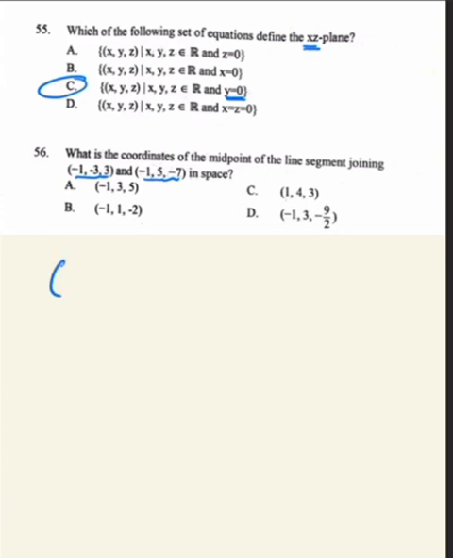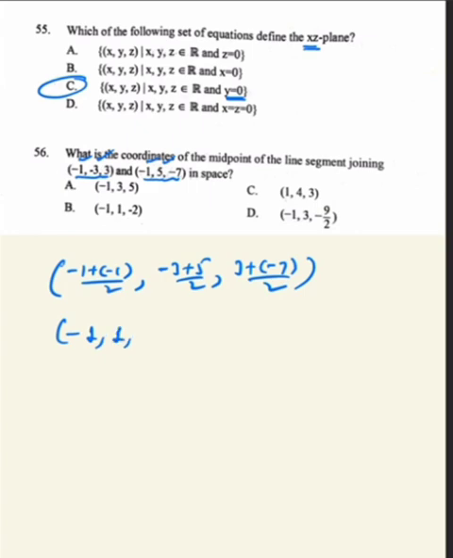midpoint -1ን ከ-1 ጋር ደምረን ለሁለት ማካፈል ነው. -3ን ከ5 ጋር ደምረን ለሁለት እናካፍላለን፣ 3ን ከ-7 ጋር ደምረን ለሁለት እናካፍላለን. this will be the midpoint of the 2 points. so ይሄ -1፣ 1፣ -2 ይሆናል ማለት ነው. እነዚህን ቁጥሮች በአግባቡ በማየት መመለስ ነው. so 56ኛው ጥያቄ መልሱ B ነው